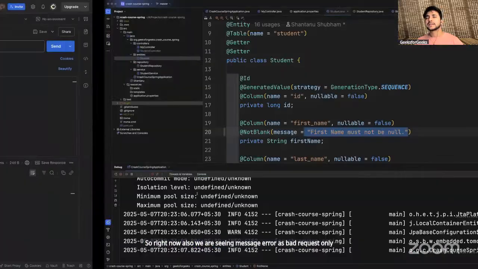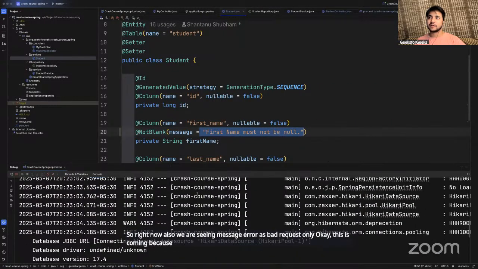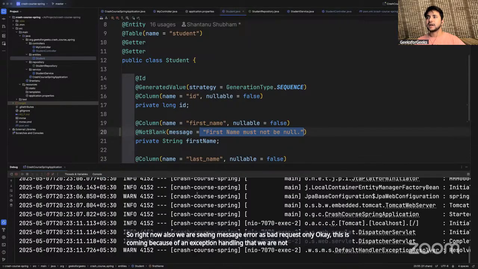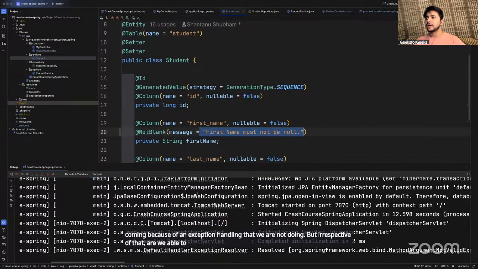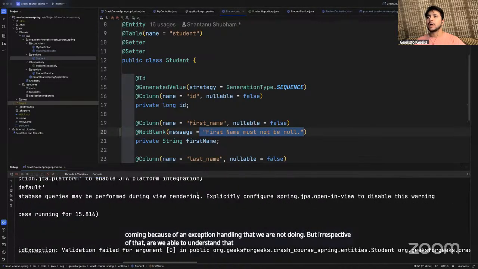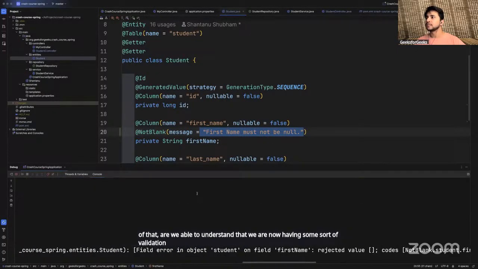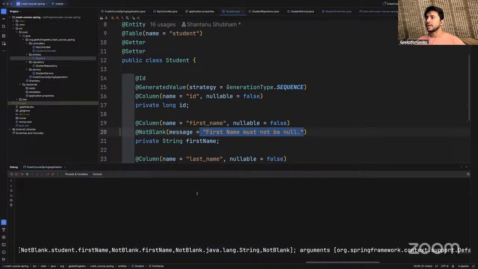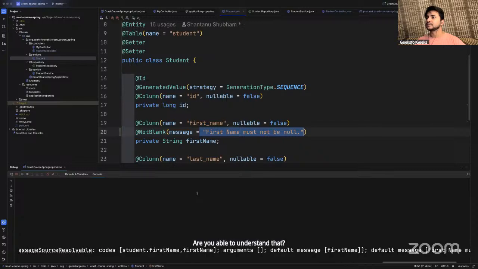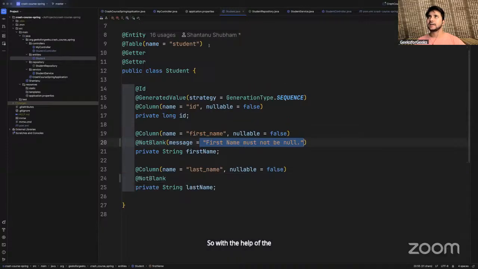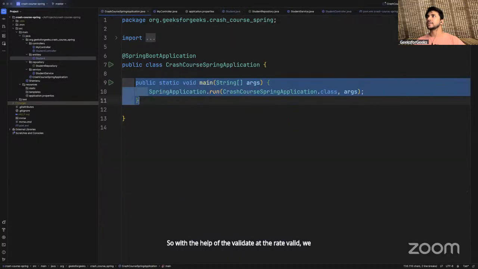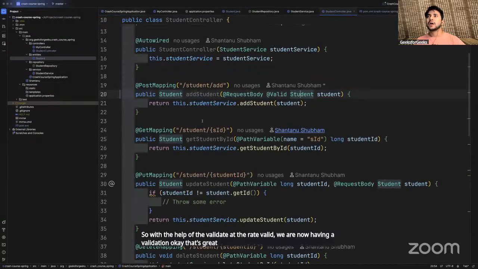This is coming because of exception handling that we are not doing. But irrespective of that, are we able to understand that we are now having some sort of validation? Are you able to understand that? So with the help of @valid, we are now having a validation. Okay, that's great.